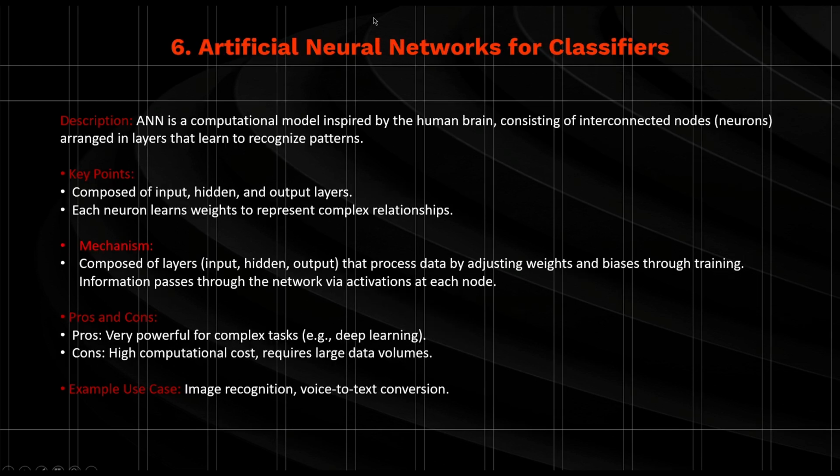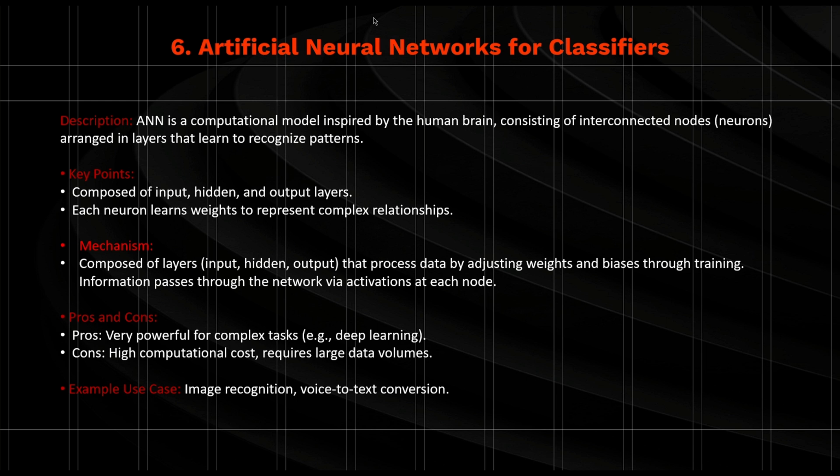Artificial neural networks, or ANNs, are inspired by the structure of the human brain. They consist of interconnected layers of neurons that learn from data. Each neuron applies a transformation to the data and passes it through the network. ANNs are highly effective in complex classification tasks like image recognition. They excel in applications where patterns are complex and require a layered approach. Now let's look at how we